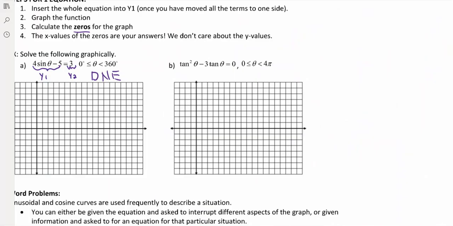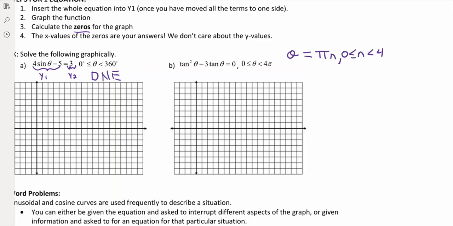We had that restriction that theta has to be greater than or equal to 0 and less than 4 pi, right? So I did it for all of the answers, but we have to actually restrict our answers there. So let's do that again. This would be theta is equal to pi times n, where now I'm going to restrict my values for n. I'm going to say where n is greater than or equal to 0 and just less than 4,